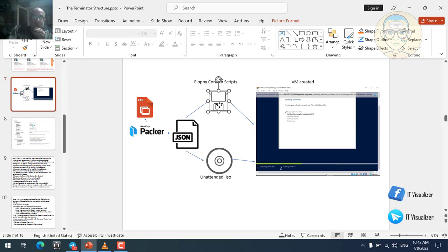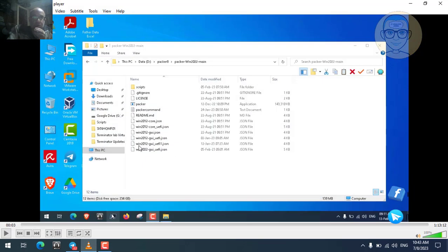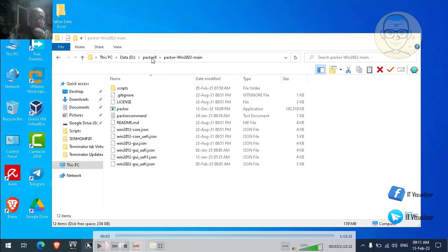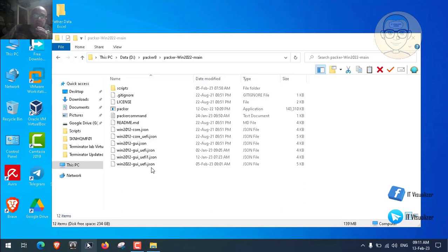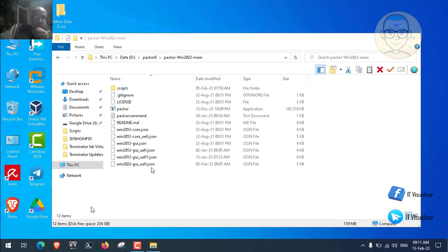This is the third time we do this process, but I will go quickly on it because we have already done this several times before. So let's continue with our lab. Here is the folder that contains the JSON file that will install the new virtual machine, which will be our new DHCP server, file server, and WSUS server, and in the future Windows Deployment Services and Microsoft